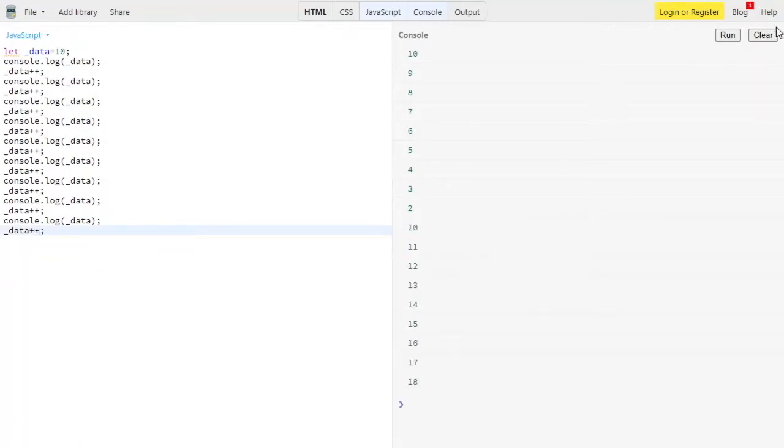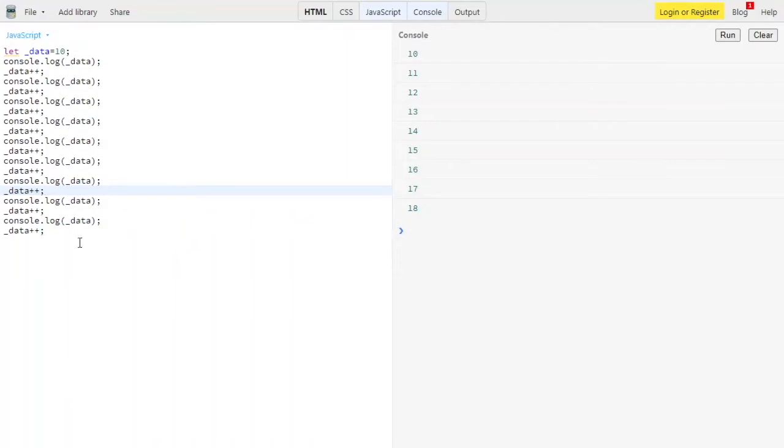Let me clear the console and try to run one more time. As you can see, we have 10, 11, 12, 13, 14, and so on. Why? Because we have a plus plus operator, which means increase the value of _data by 1. So that's about the increment and decrement operators.